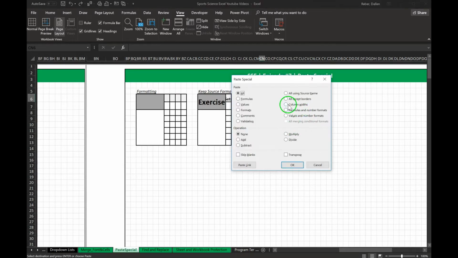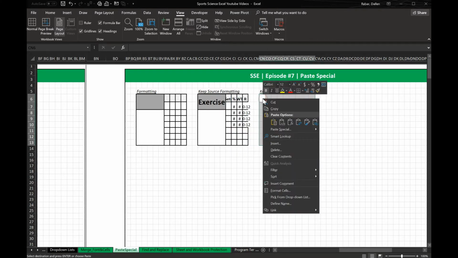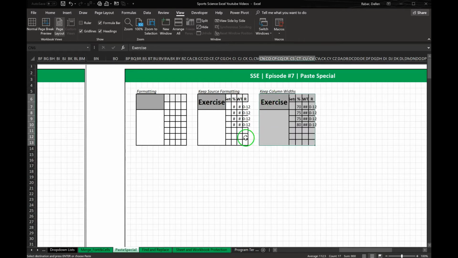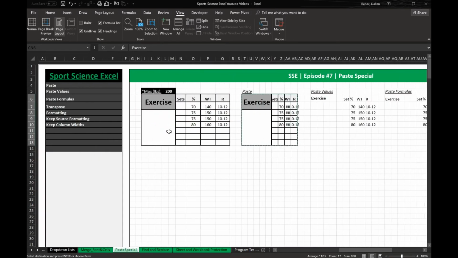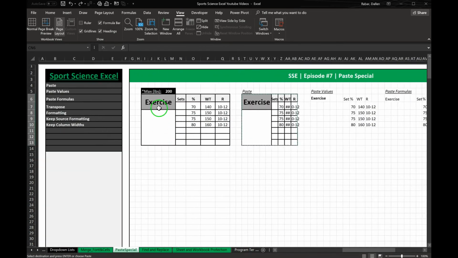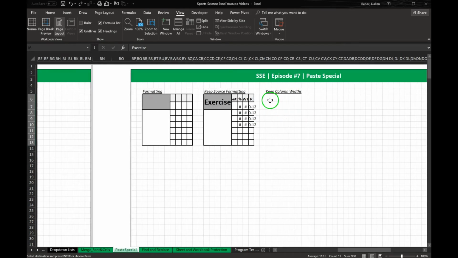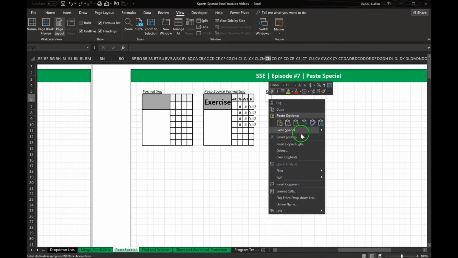Let's just go here, column widths, select that, hit OK, and then you can come here. Let's see, I must have copied the wrong one. Yes, I have the wrong one selected. Okay, bear with me one second. I'm going to copy this one, come over to keep column widths,